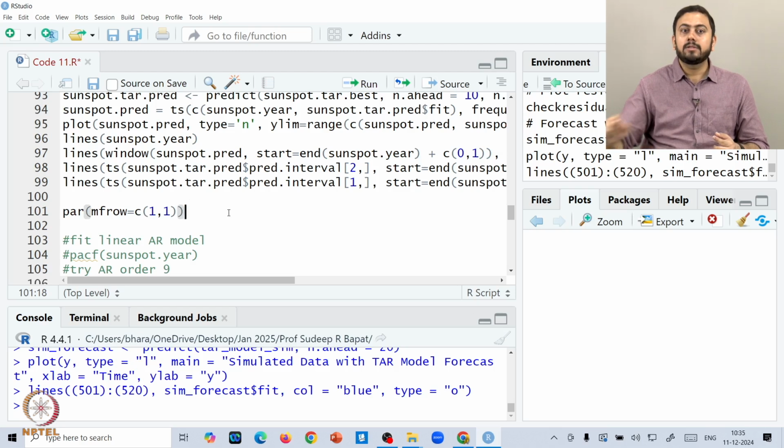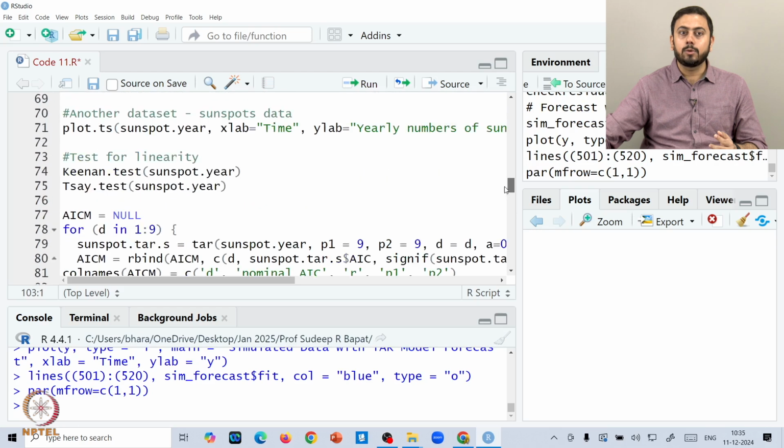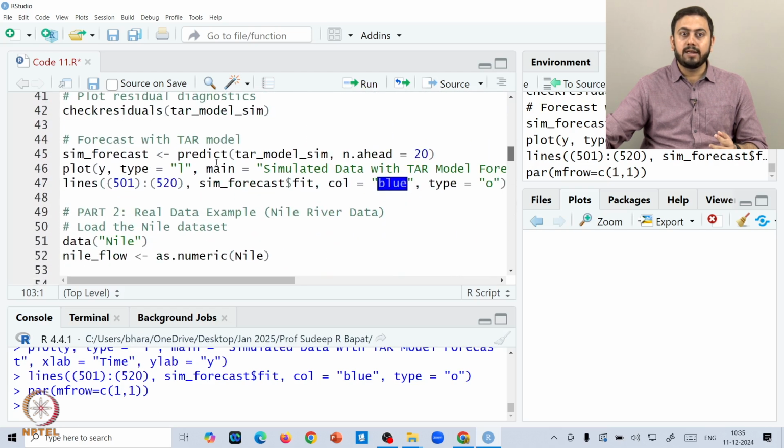I do not want all the individual plots in a small font, so you might want to run this. It tells R that I only want one plot per row: par(mfrow = c(1,1)). Let me run this. Once you run this, and if R is not throwing any error, then you are good to go. Then you scroll up to the forecast plot. This is exactly what we were doing.